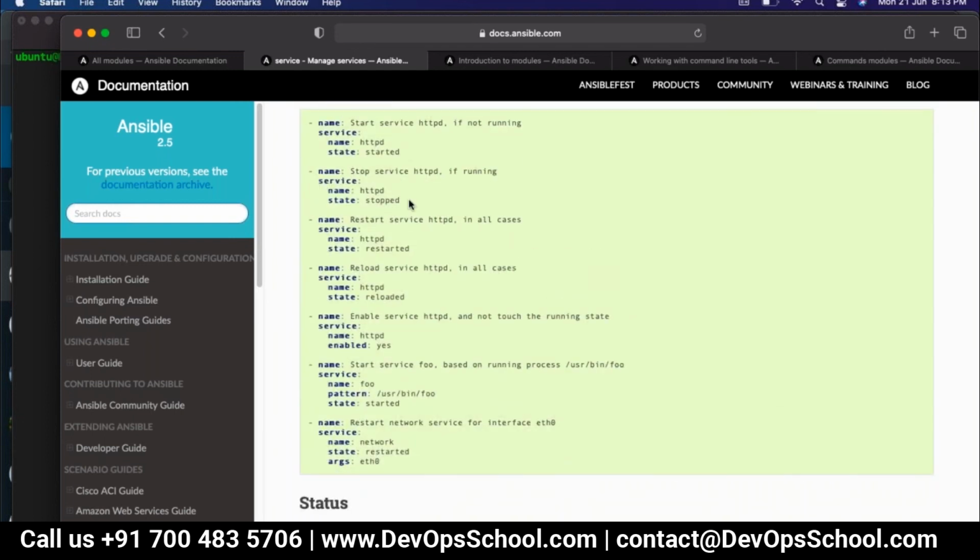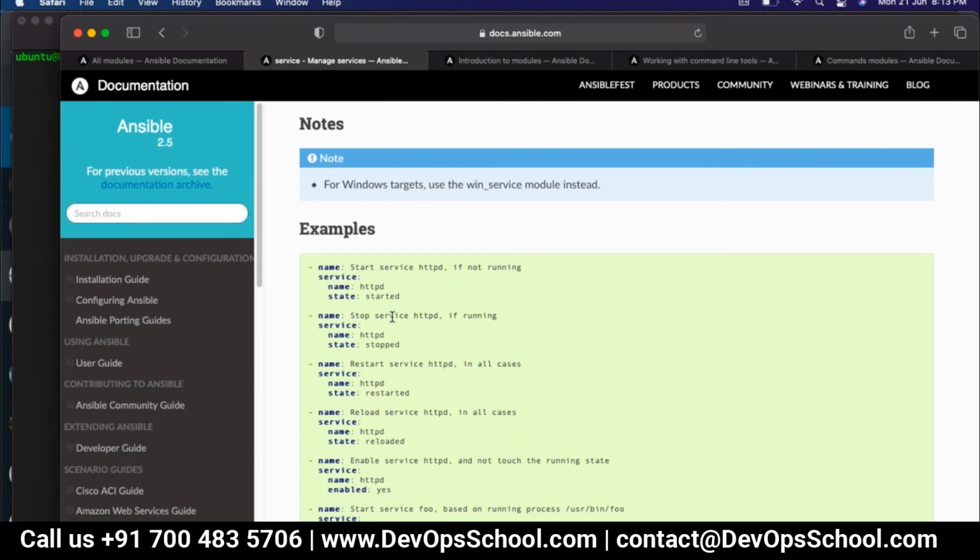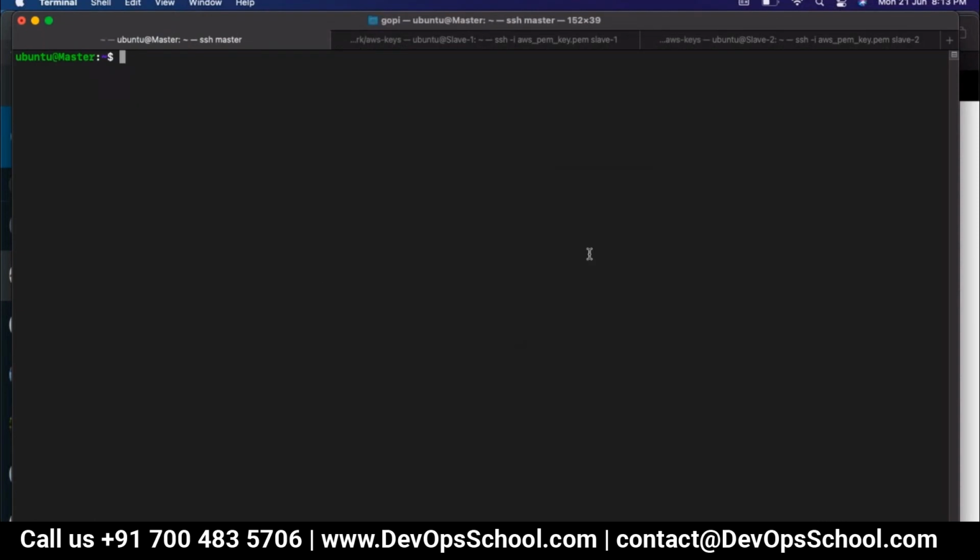How are you going to use it? You can have plenty of examples like this. This is how you can write your playbooks. If you want to use that in a command, how can you use that? Ansible all -m